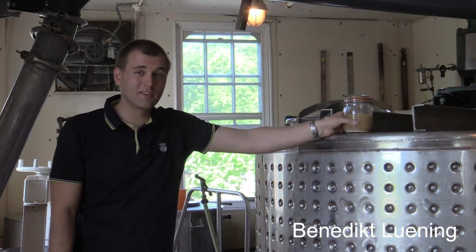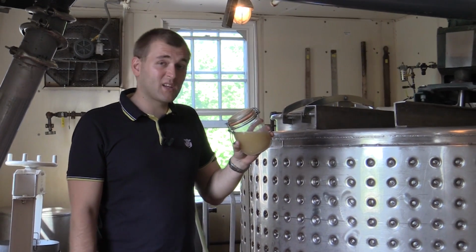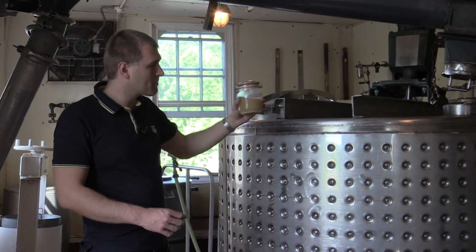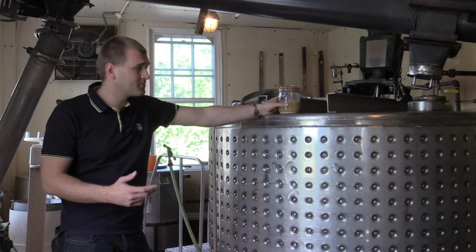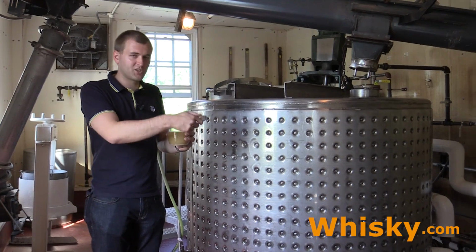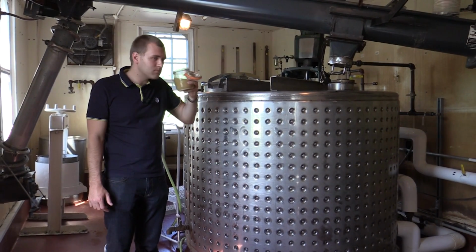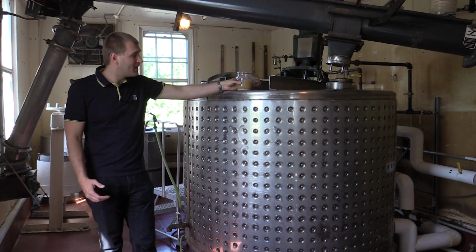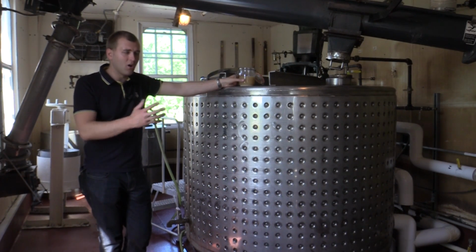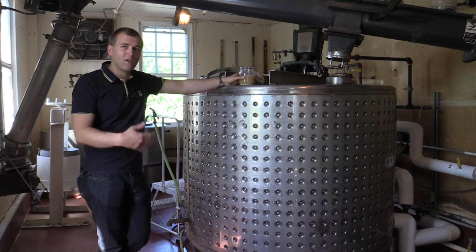And another very important ingredient is the yeast. The Maker's Mark yeast strain is over 120 years old, and Maker's Mark focuses a lot on keeping the yeast strain pure. And this here is a tank for growing the yeast strain, and inside we have malted barley, water, and we also have hops. You know, hops from beer, and when you smell that, actually the whole room smells of hops, it really reminds you of beer. And it actually tastes like beer. What the hops do is keep out all the bad bacteria like vinegar or other stuff that's just floating around here in the air, and keep the original yeast strain very pure